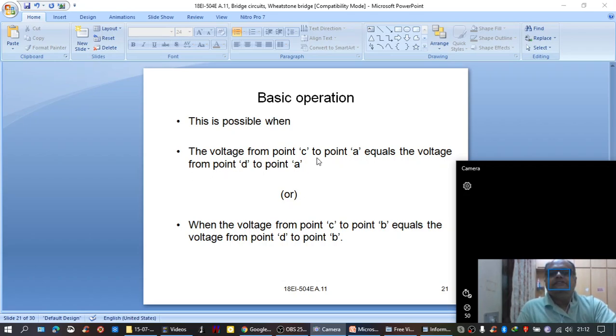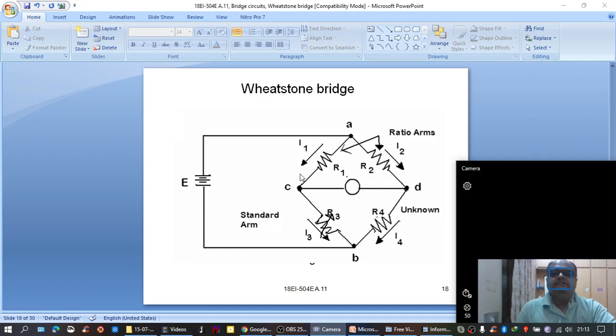when the voltage from point C to point A equals the voltage from D to point A. So here the reference point is chosen to be A. So VCA should be equal to VDA, or otherwise